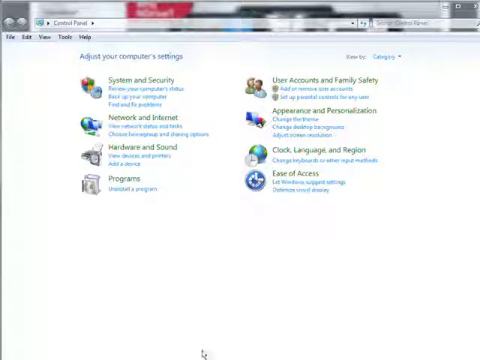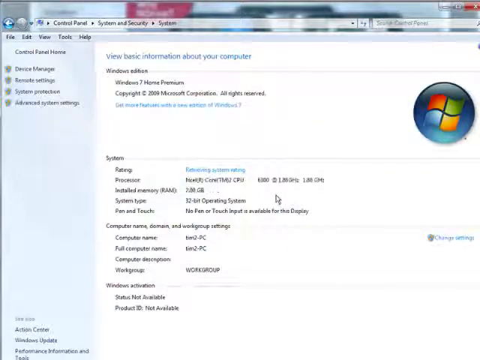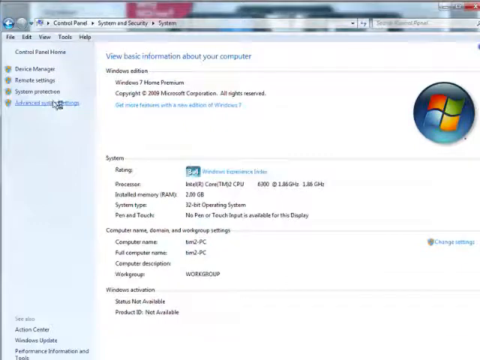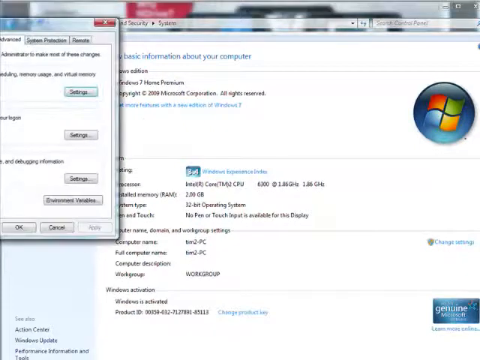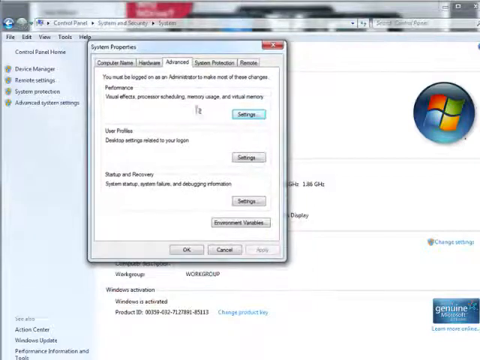Okay, so first of all, let's go to System and Security. We're in the Control Panel, so we'll go to Control Panel first. And now we'll go to System. Then down here, Advanced System Settings. Okay, it pops up a little window like this. Okay, now from here, you need to go to the Advanced tab, and then in here we have Performance Visual